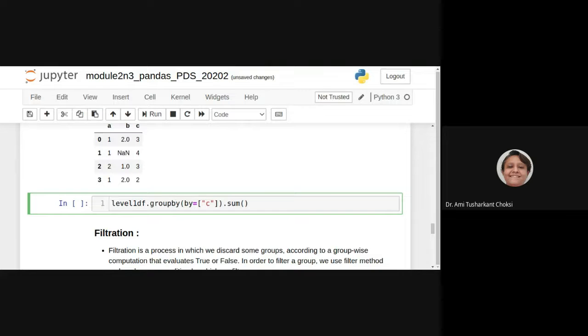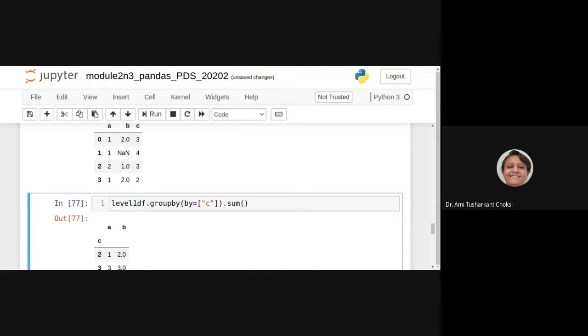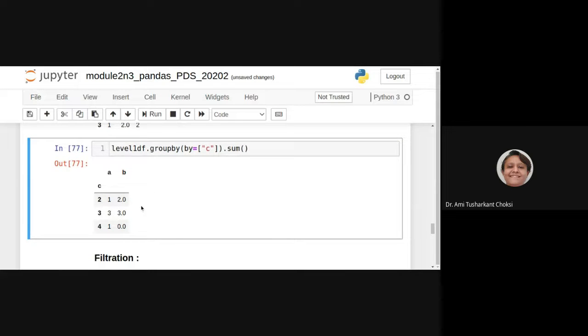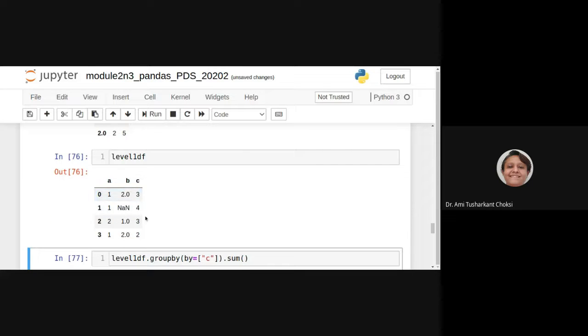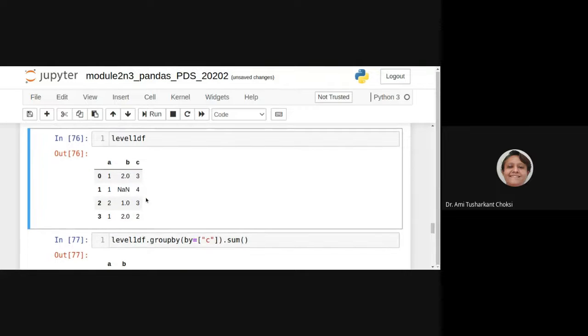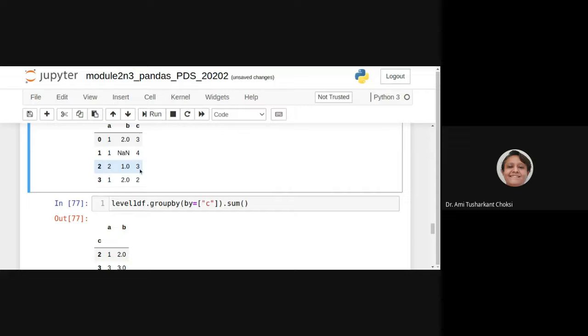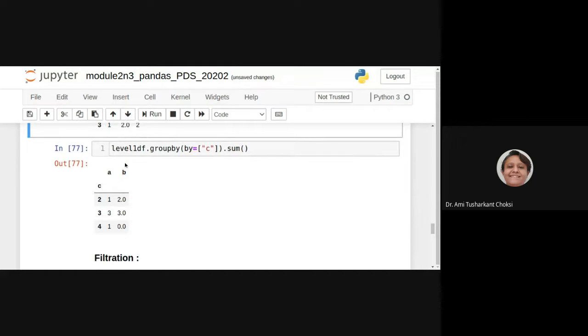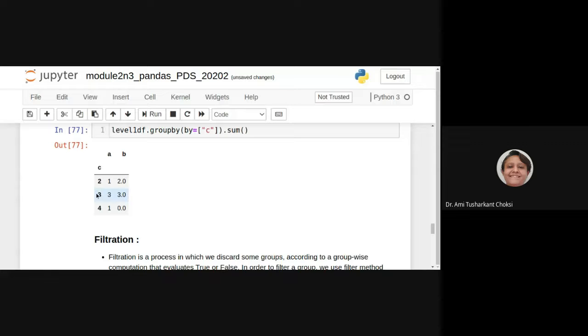Now let us give it for the C column. So what we get is for that sum, C is group by. So we are having three values for that, that is 2, 3 and 4, right? 3 is available 2 times. Fine. So for that 3, the other values are 1 and 2, right? This is 1, 2. This is 2, 1. So we can say 3 and 3.0. We should be able to get for value 3 of our C, isn't it?